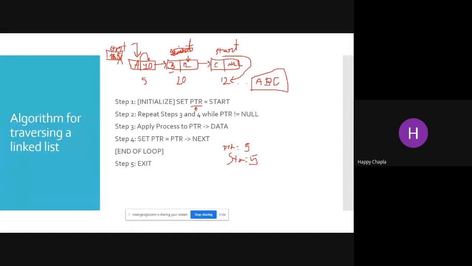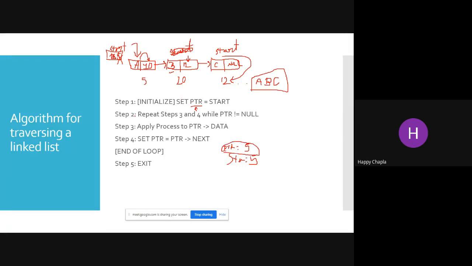Forget about this. One more time I am moving from first to last. I will not do anything to the start variable, I will let it stay at the 5 position, but using my pointer I am moving towards the last.